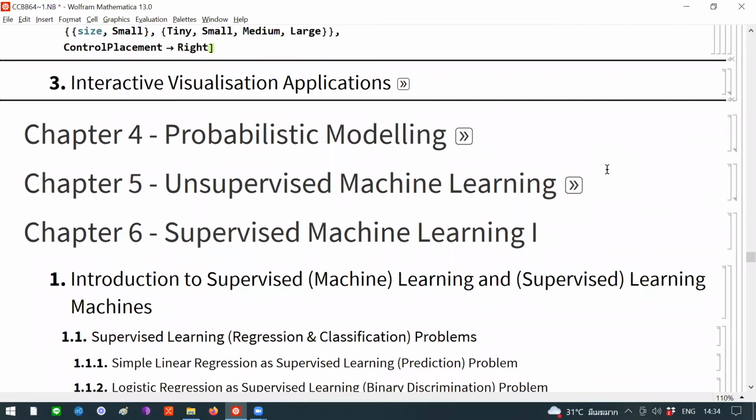Okay, welcome to the second half of the 7th class, where in the first half we started the review process. I want to review everything from the beginning, from lecture 1, which is very conceptual, to lectures 2 and 3, which are about the primitives of mathematical programming, capabilities, ecosystem, and whatnot. And we went through a lot of interactive visualization capabilities, and I emphasized in the first half that interactive visualization